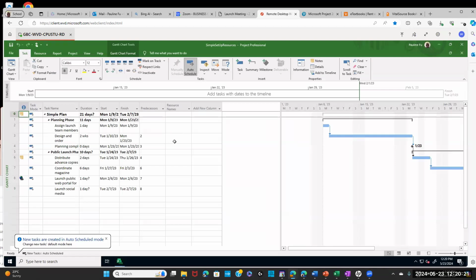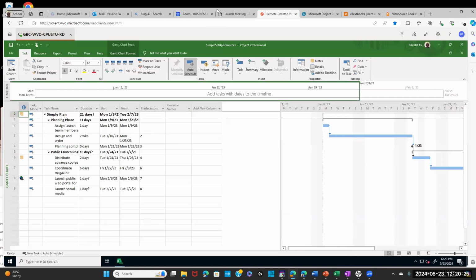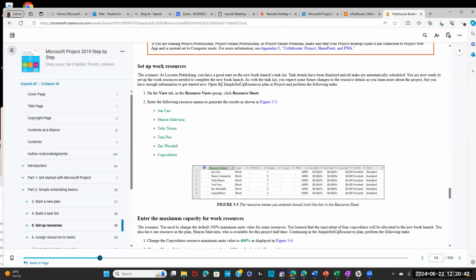Okay, I pause for a moment. Questions on opening the data file on Windows Virtual Desktop? Sorry, are we opening a new file? Yes, open simple setup resource plan, open this file in the chapter 5 folder.